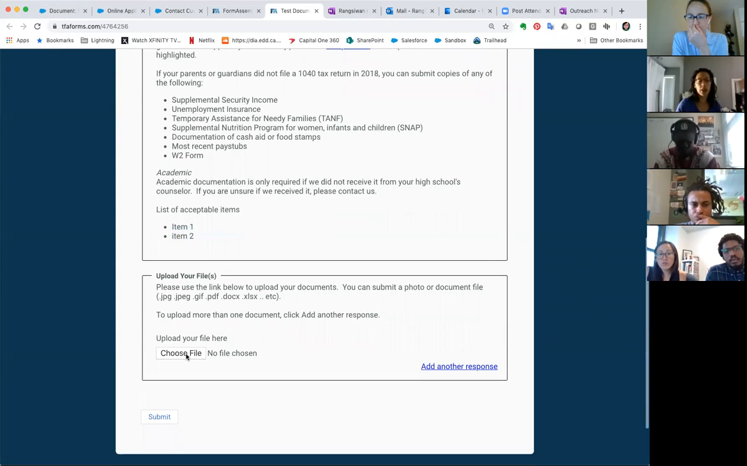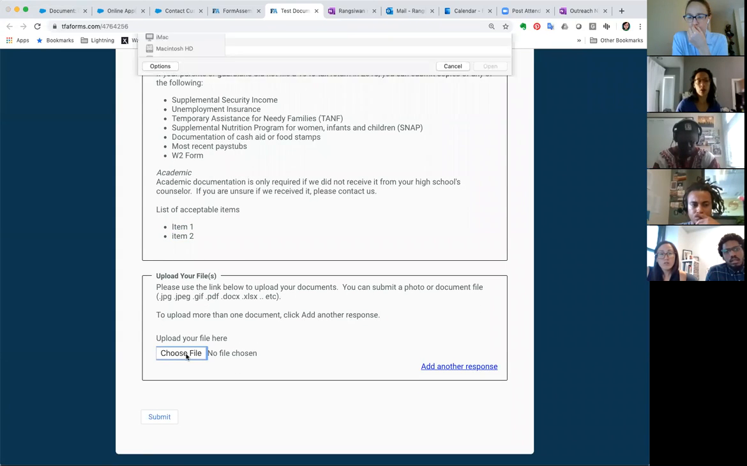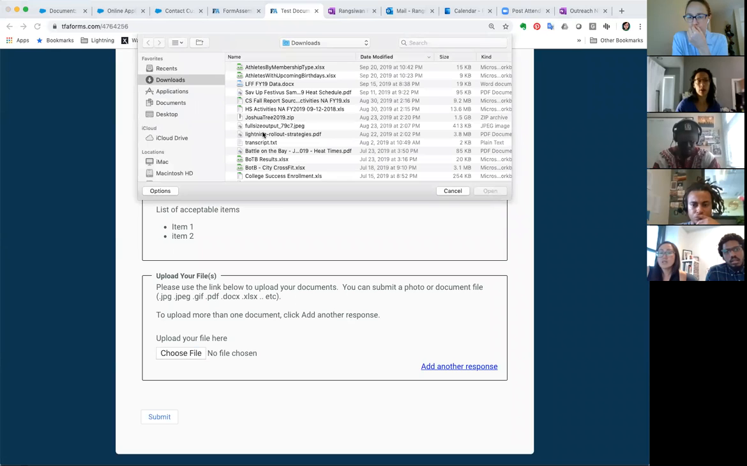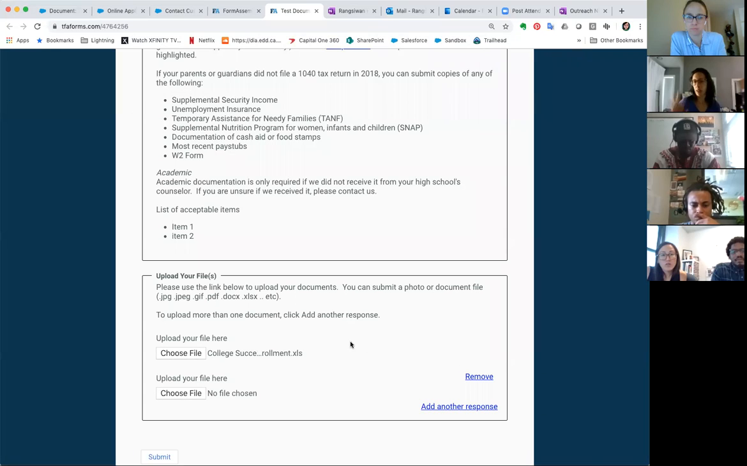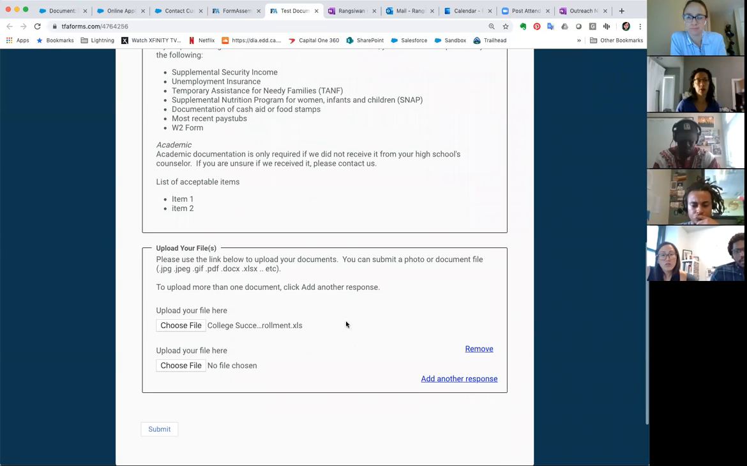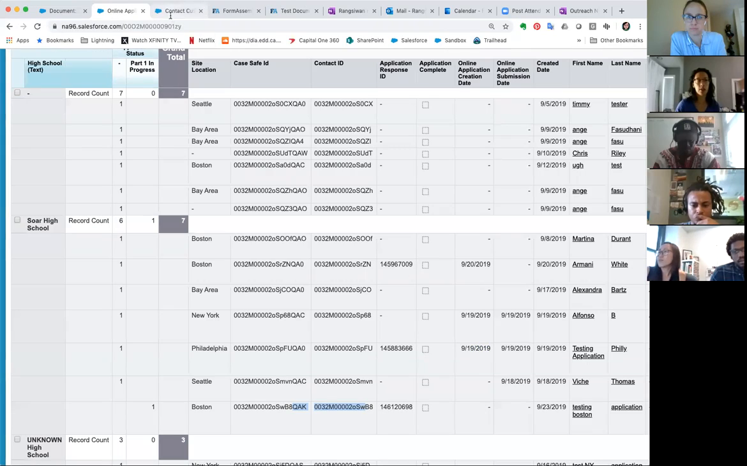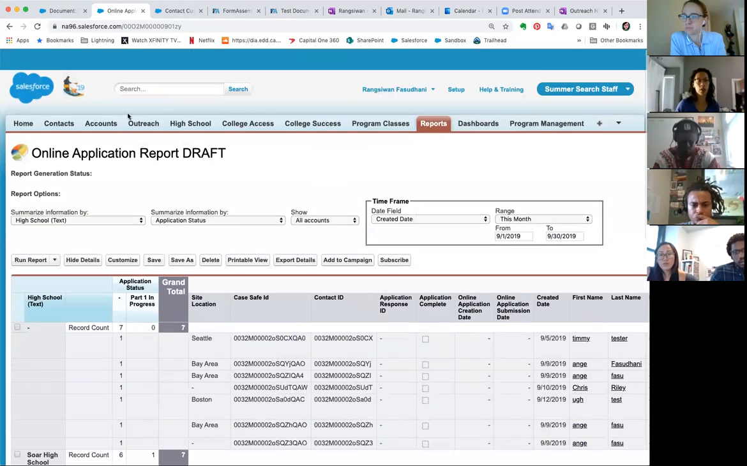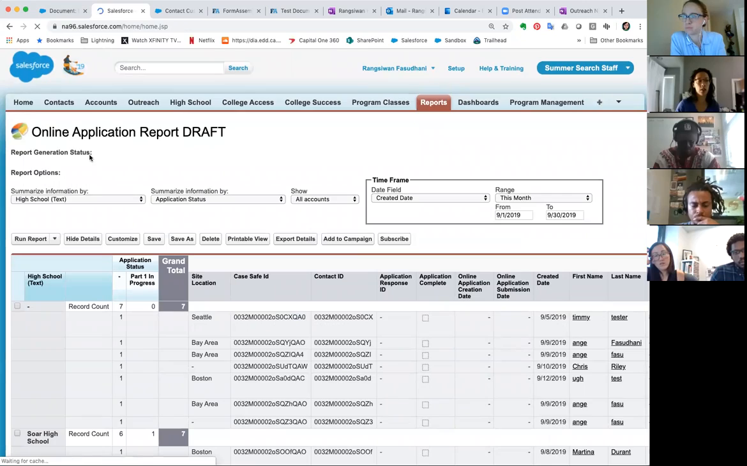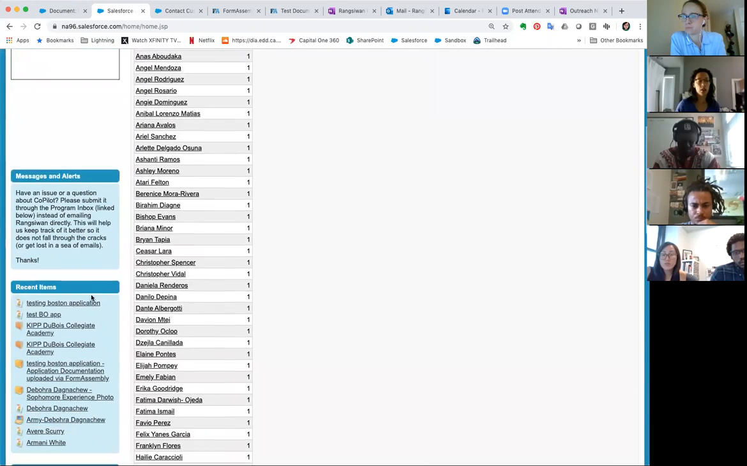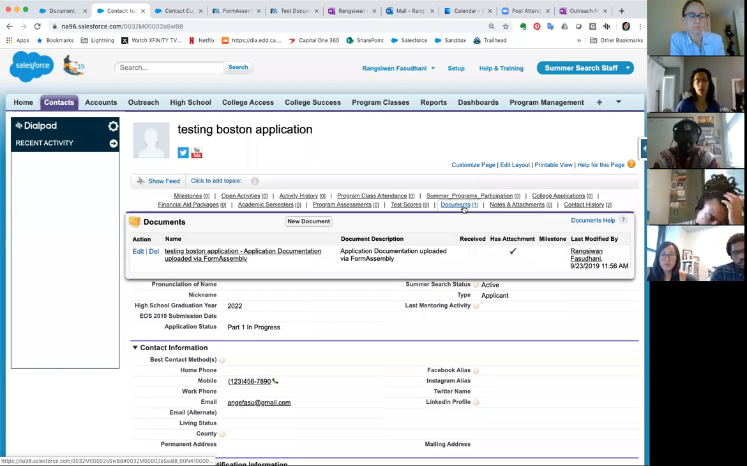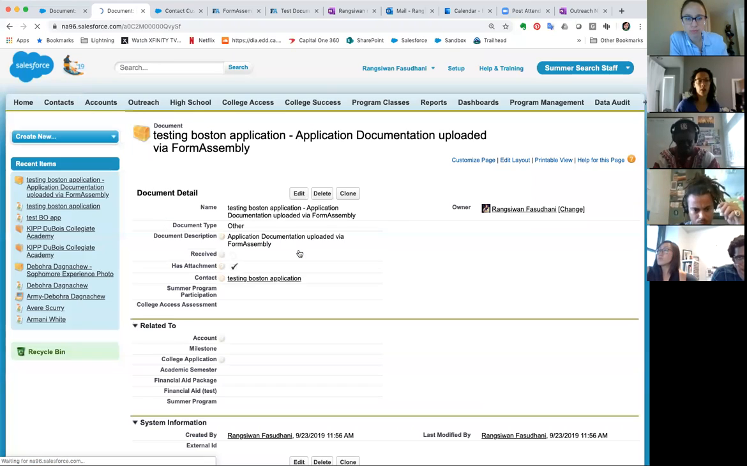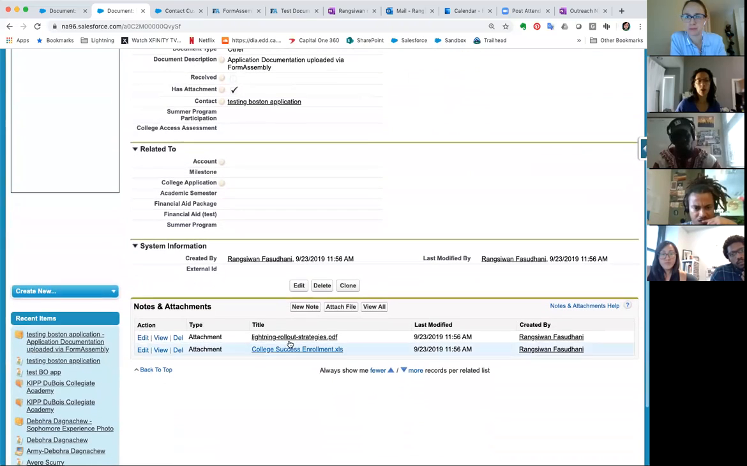But then when they get down here, they have the option to just choose their file and upload whatever. And then they can upload multiple things here. And so what will happen when they do that is it will go into a document record on the student. So we'll go back to our Boston application. They'll have a document record here that says application documentation submitted via form assembly. And then you'll have both pieces